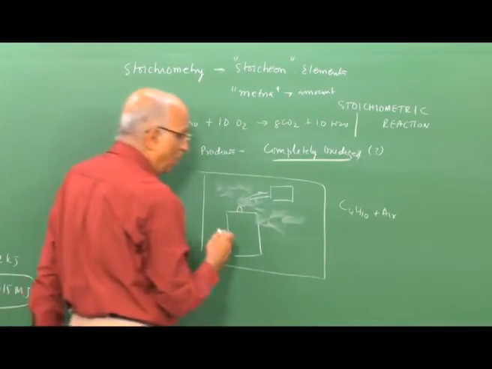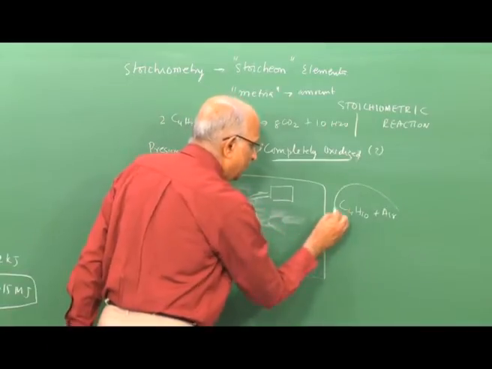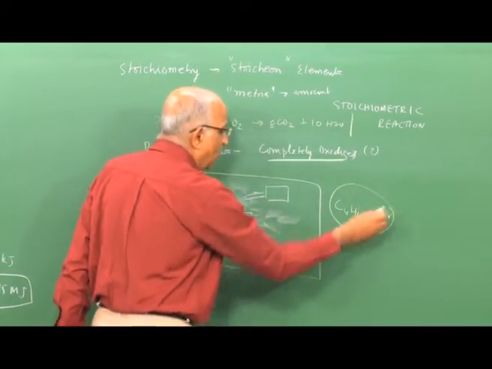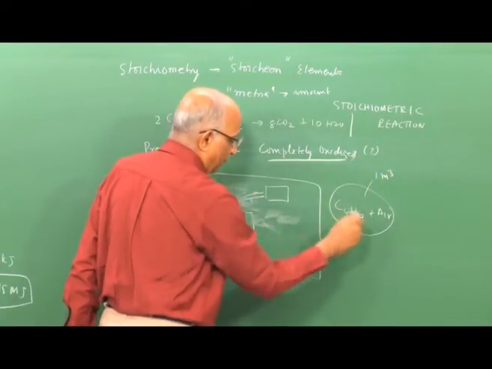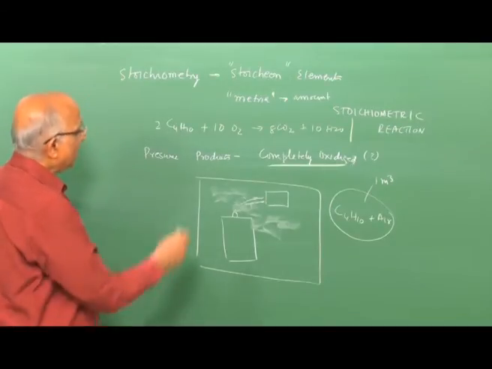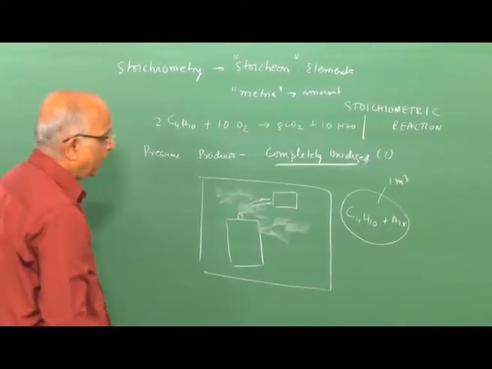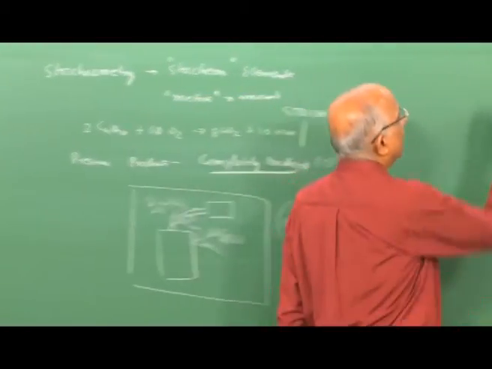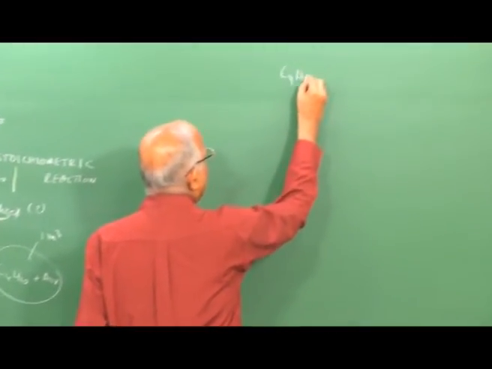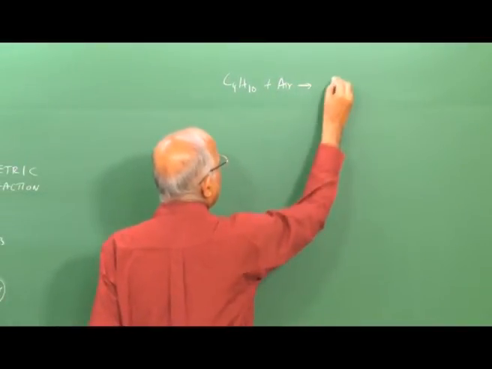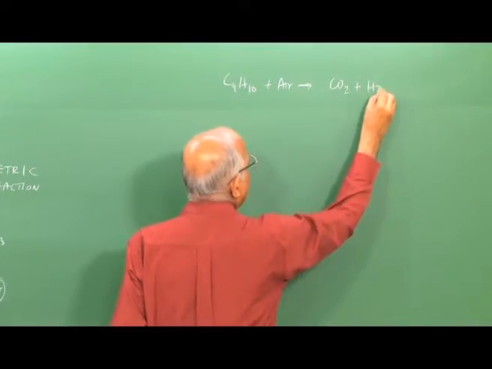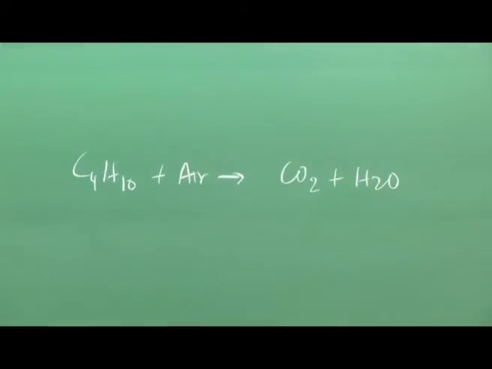Now, I want to go further and calculate the energy released, let us say in a volume of 1 meter cube, if butane and air are there. Since I have defined the word stoichiometry, let us say I am looking at a reaction between butane, and we will extend it to other substances, plus air to form fully oxidized substances, namely CO2 and H2O. Therefore, now I need the properties of air to be able to solve this particular problem.